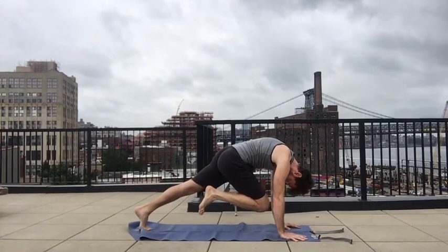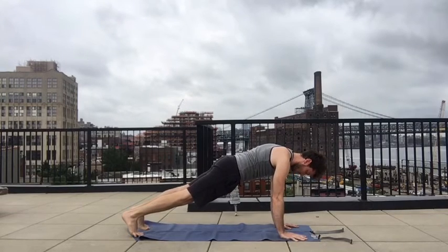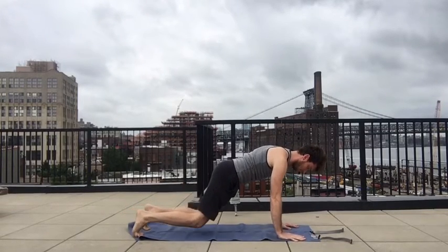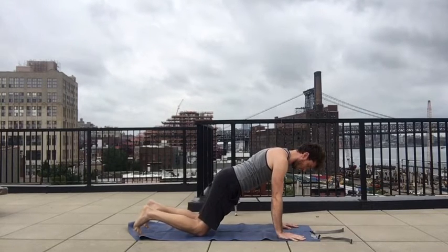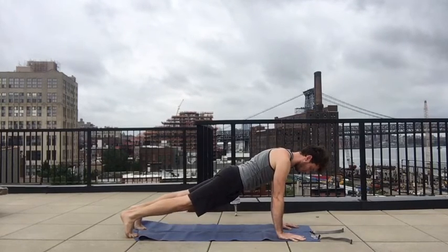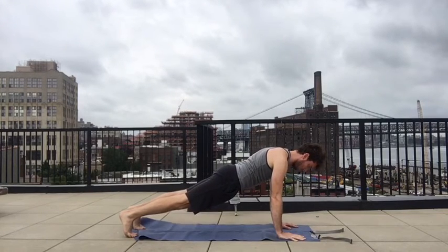Right knee comes into the forehead, really hollowing out through the abdominal region, and then we're going to hang out in plank. So send both legs straight behind you. You have the option of dropping knees down towards the earth. You still build a lot of strength in your arms by taking this modified plank. Otherwise, you want to straighten your legs, spin the inner thighs up towards the sky, and draw belly button to